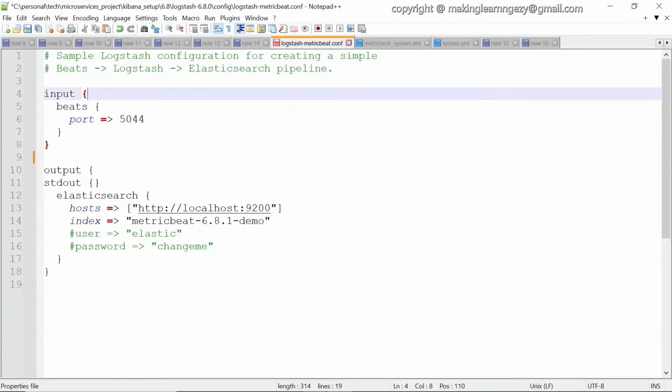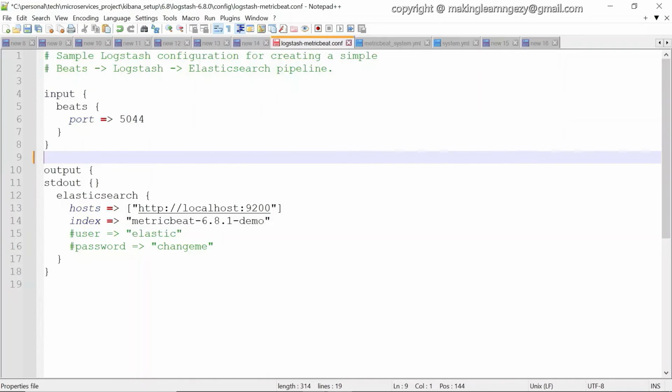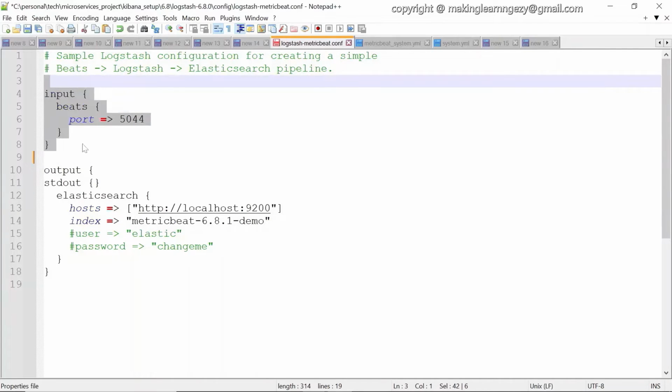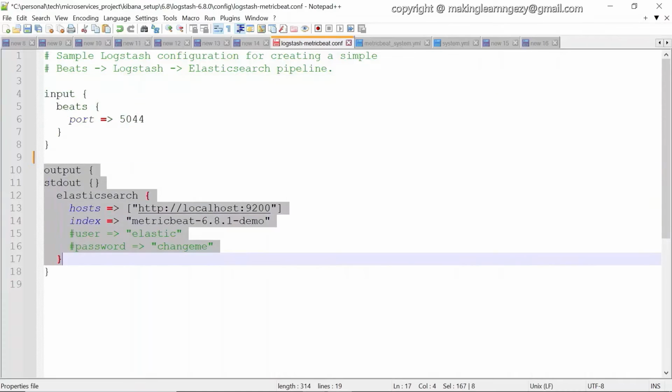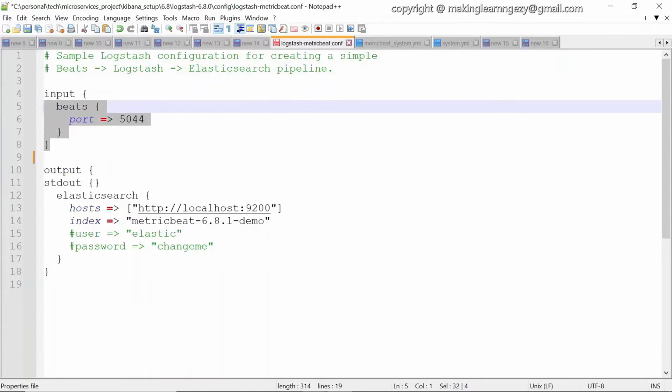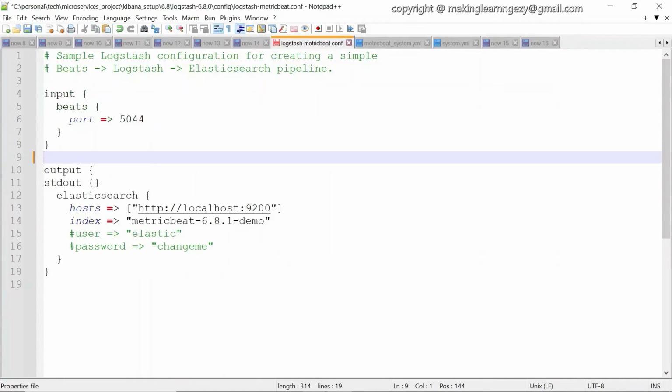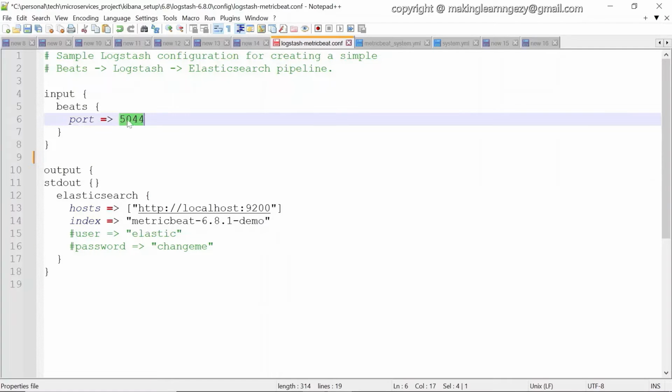Here we have two sections, the input section and the output section. In the input section we mention the port number on which Logstash would receive the data from the client, and in our case the client is Metricbeat.